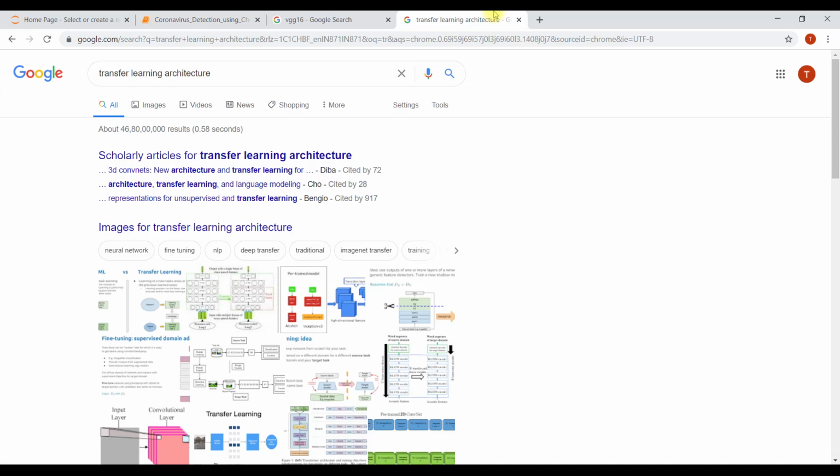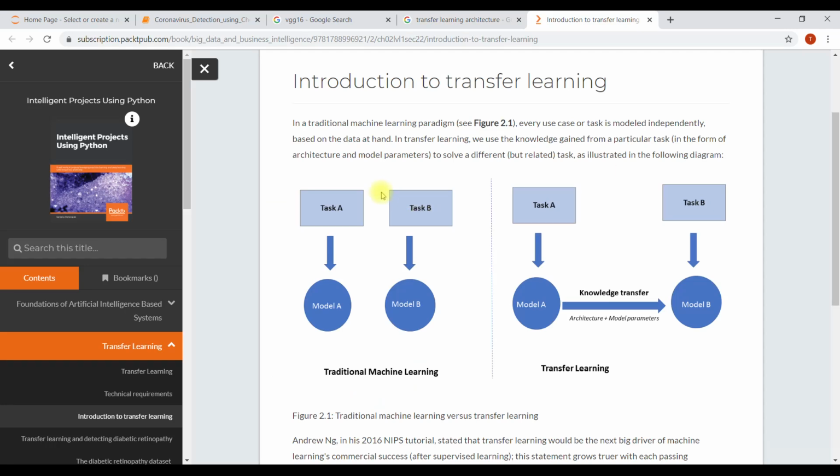Okay, so first of all, what is transfer learning? Transfer learning is basically, so you can see in this website, transfer learning is basically a pre-trained model. Okay, a pre-trained model which someone has already trained on thousands of classes. Okay, so this transfer learning model has the knowledge of thousands of classes, and that means it can obtain the knowledge of a new class very easily. You can see this is the traditional method. Okay, if you want to train your neural network from scratch, then this traditional method is applied.